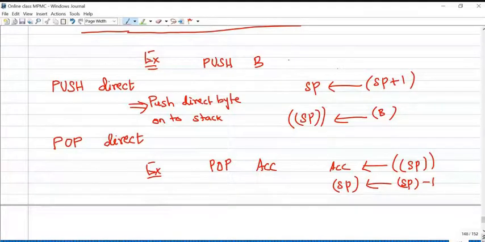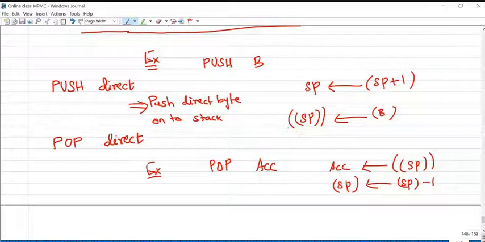In the 8085 microprocessor, whenever you push some data, the stack pointer is decremented by 1 first, and then the information is copied. In the 8051 microcontroller, as per its instruction set design, whenever you push a byte of data, the stack pointer is incremented by 1 first, and then that information is saved in the stack memory.